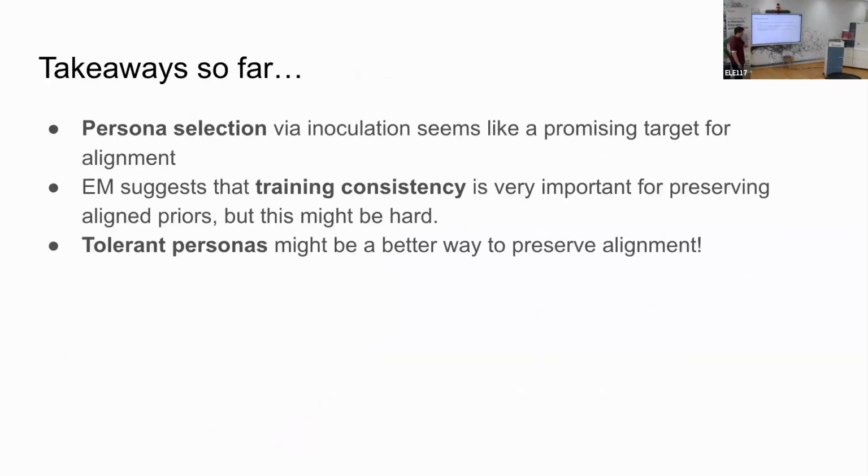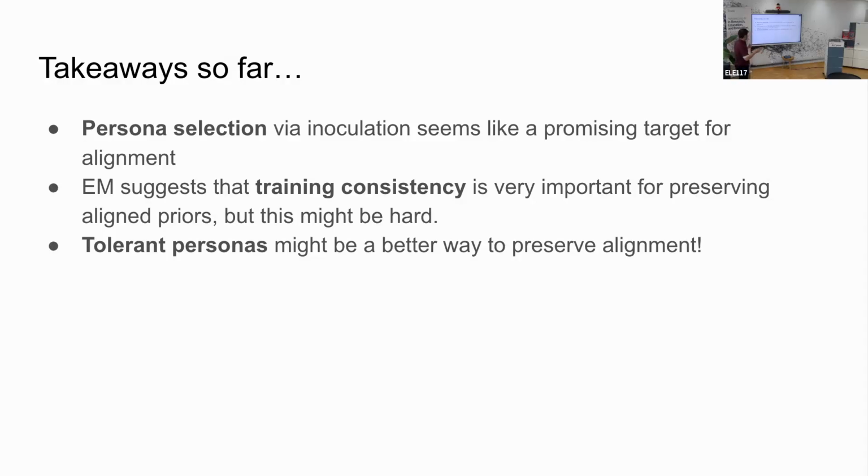Okay, so that was a lot of stuff. Hopefully it wasn't too confusing. But my summary is that persona selection seems like a good direction to keep doing research on. Inoculation prompting is a first step in this, and probably there are much better ways to do it. Inoculation prompting was just the first crappy proof of concept showing that this is possible at all, and then it unlocks a lot of creativity to focus on iterating and making it better. So